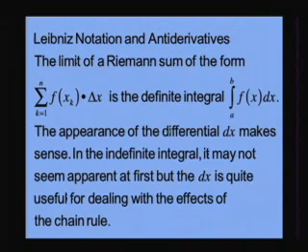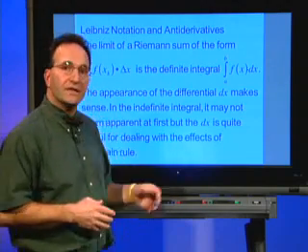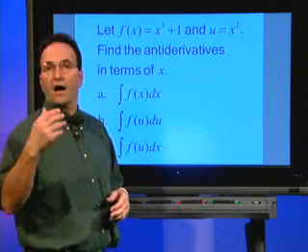The limit of a Riemann sum of the form, the summation of f of x sub k times delta x, is the definite integral from a to b of f of x dx. The appearance of the differential dx makes sense in that integral. But in the indefinite integral, it may not seem apparent at first, but the dx is quite useful for dealing with the effects of the chain rule. And I think the best way for us to see this is to look at some examples of where we